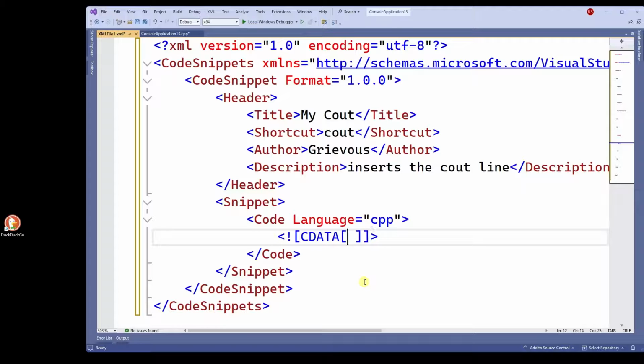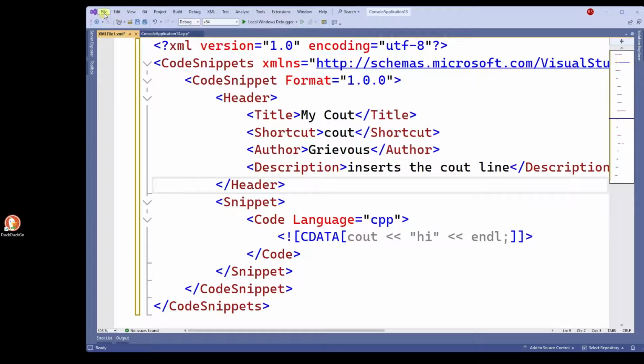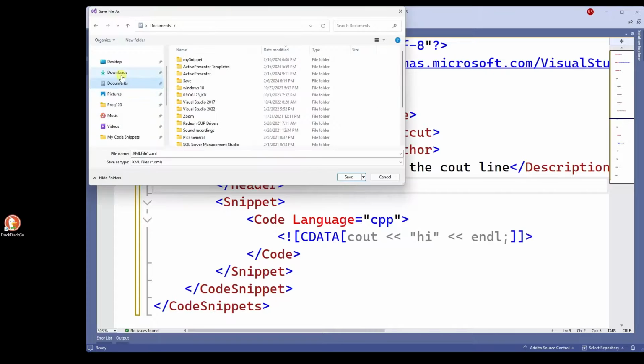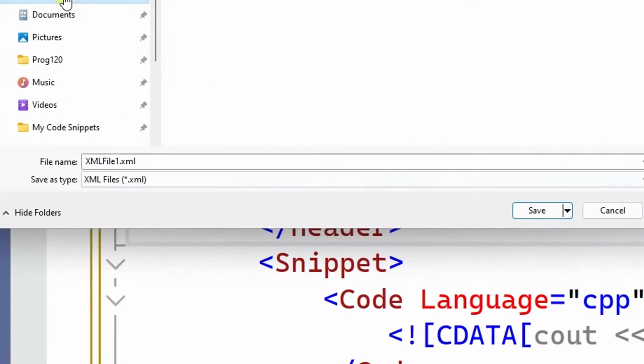The code that I want to include is cout, space, then the insertion operator, space, and endl. So this code here will be inserted for me whenever I type cout and press tab. So now I'm going to save this file. I'm going to click on File and Save As. It doesn't really matter where you save it. I'm going to save mine in Downloads. However,